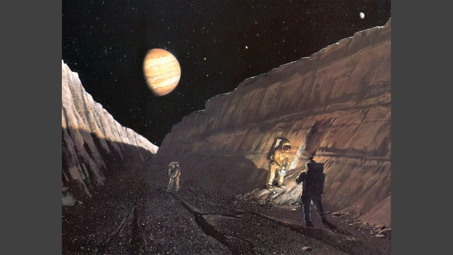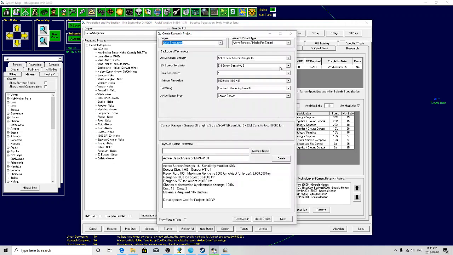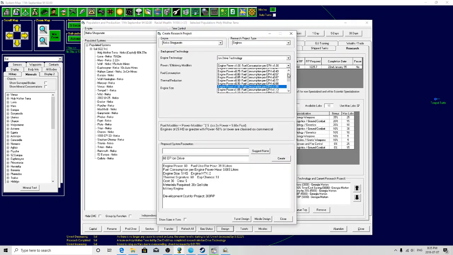Let's play Aurora 4X. We are the Neko Shogunate, children of Holy Mother Terra, and we head out to claim the stars. Anyway, I've advanced time about 2.5 years, just so that we now have ion engines. So I'll go ahead and do that design now. We figure out exactly what we're going to be doing. Not all that much has happened, so...